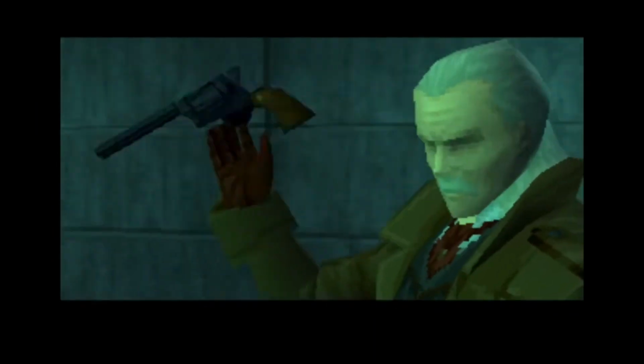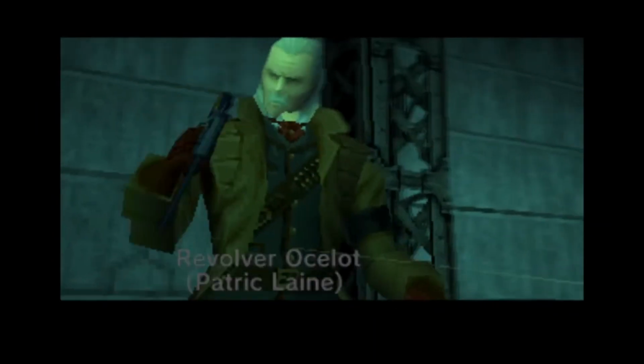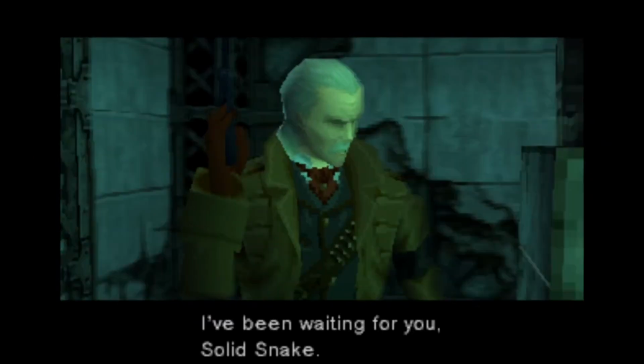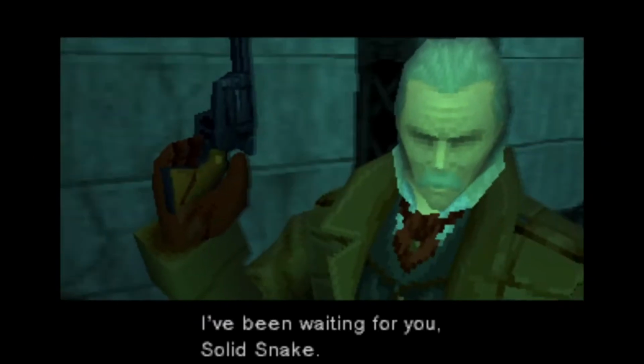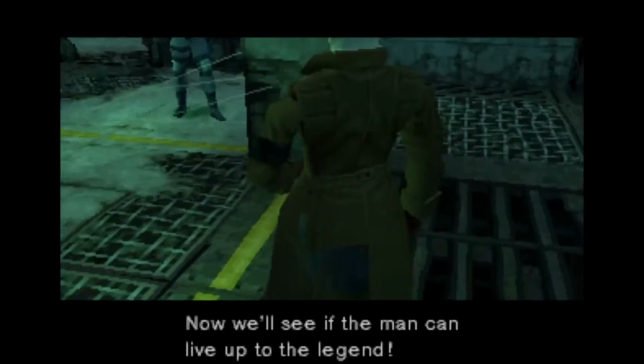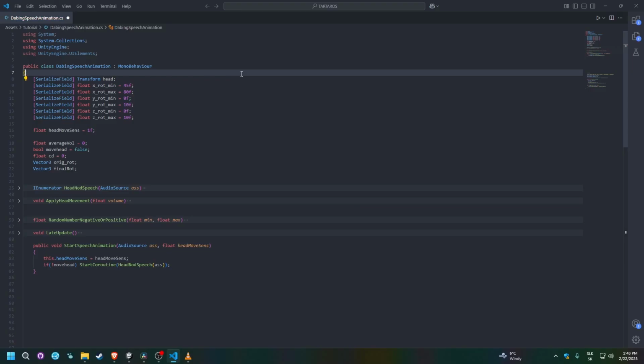a few seconds, adding a head nod to the character, based on the sound from the audio file of his voiceover. This method is similar to the one used in classic Metal Gear Solid 1 for PlayStation 1, although I suspect that they may have animated the head manually. Nevertheless, this will lead to a very similar effect. So I have already prepared a script for this purpose and we'll get through it to show you how it